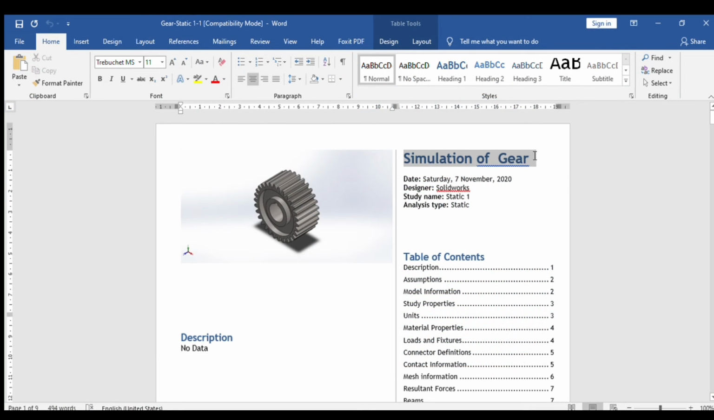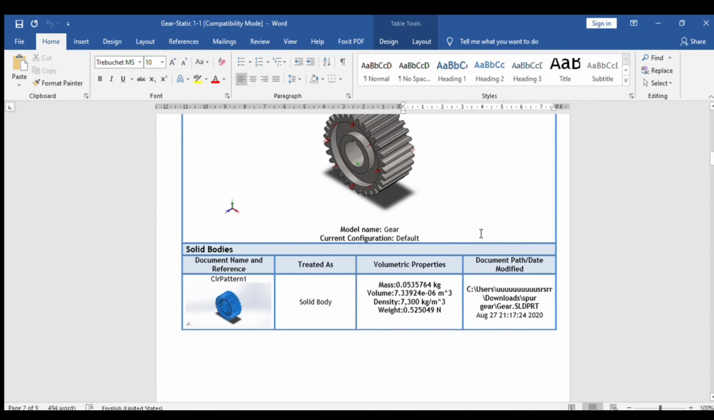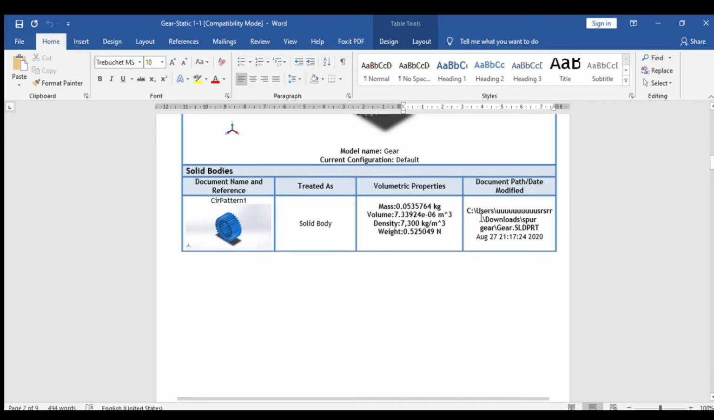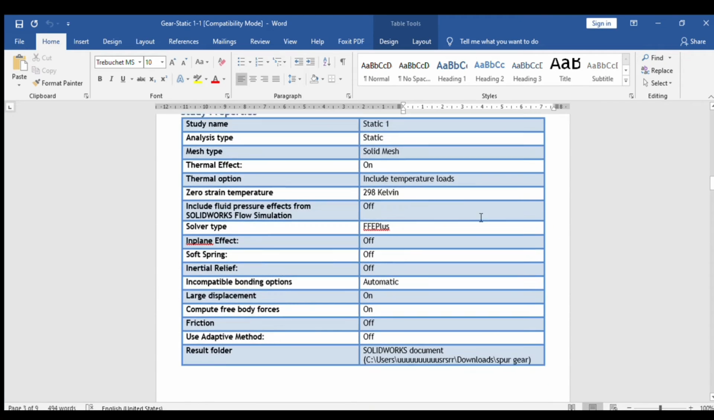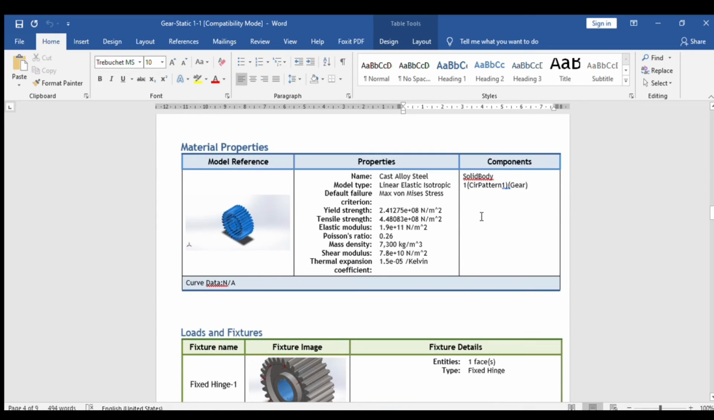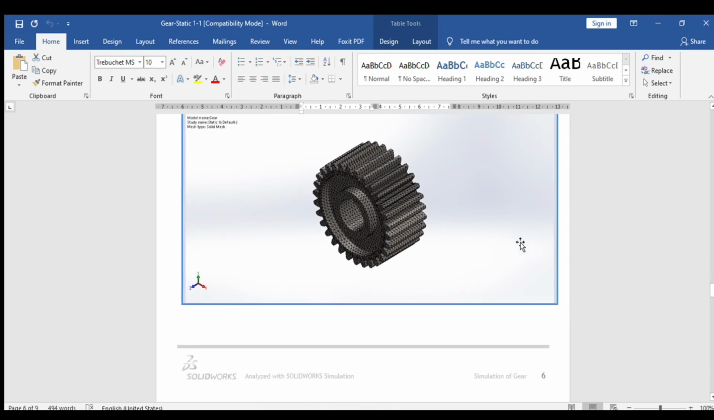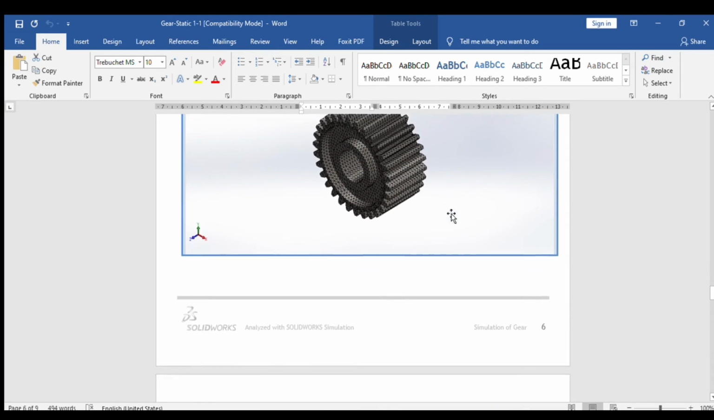So here is the report for simulation of my spur gear part, and here is the detail about the solid body, the mass, the volume, density and weight. So basically that was the solid body information, and the material I use in this is cast alloy steel. And this is my mesh information. So this is the mesh part,